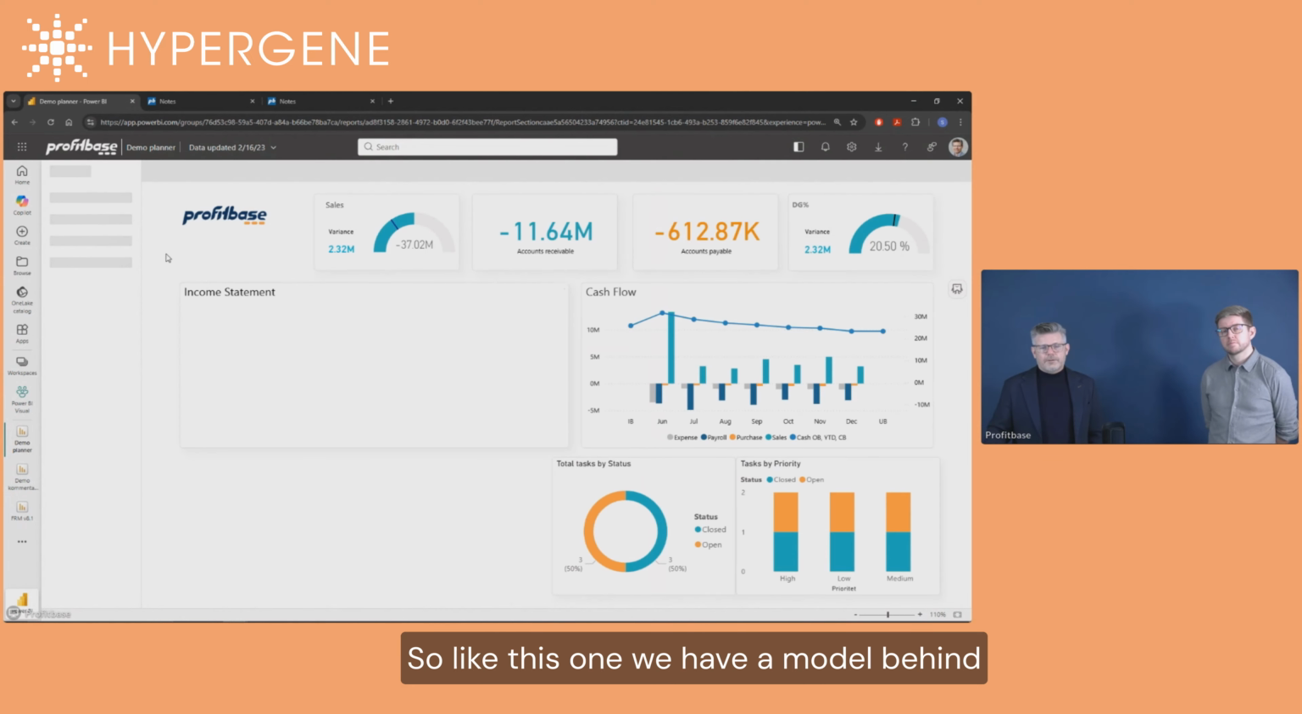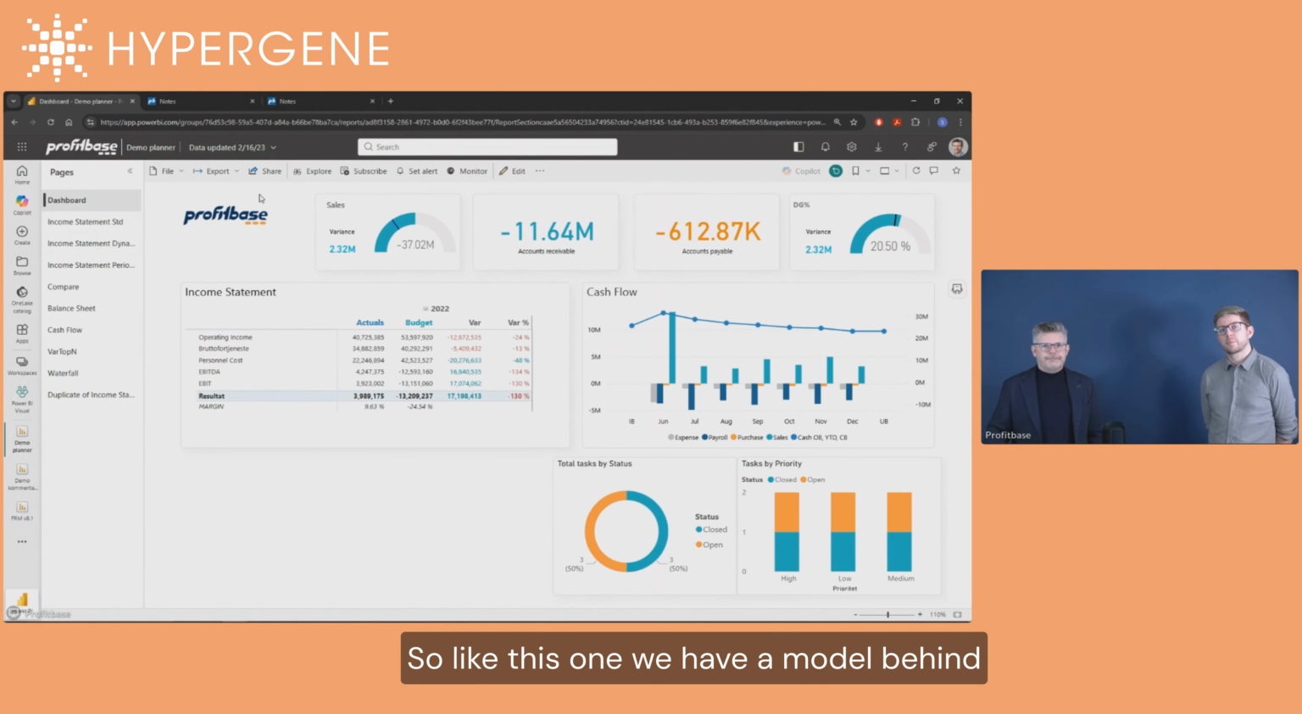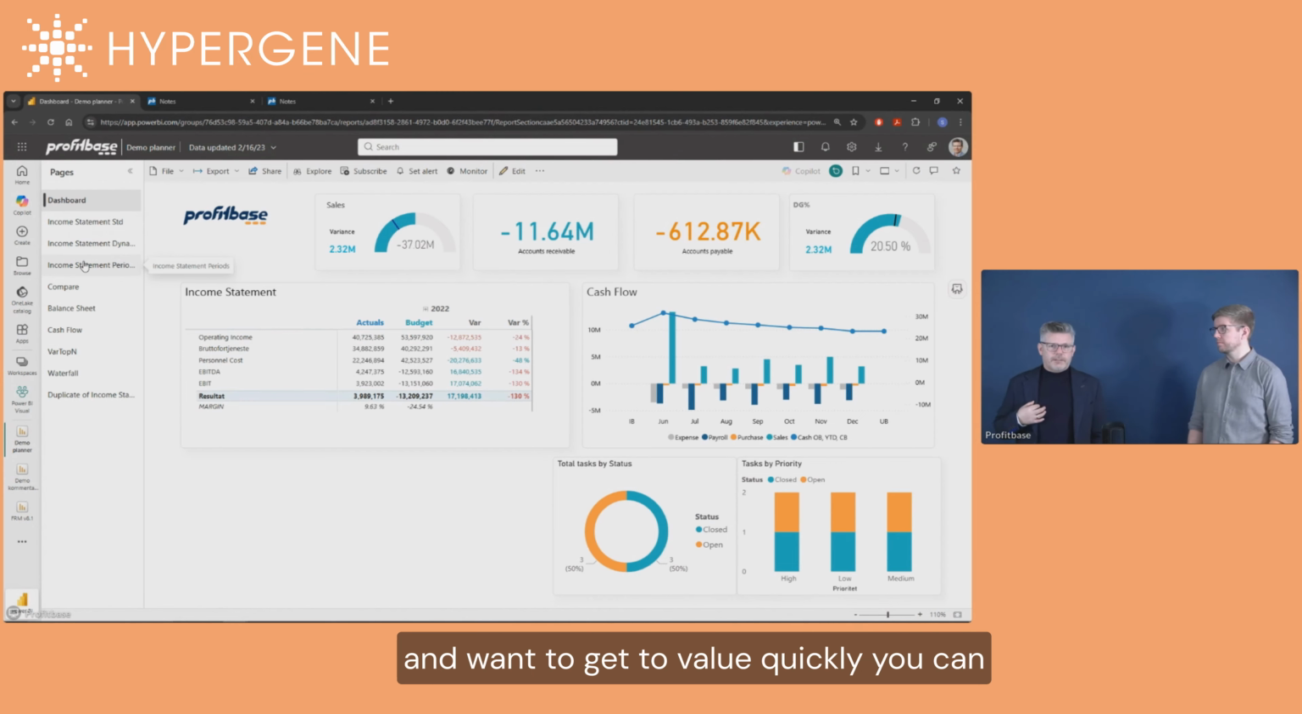So like this one, we have a model behind here. Yep. So if you're using the CFO platform and want to quickly get to value, you can do